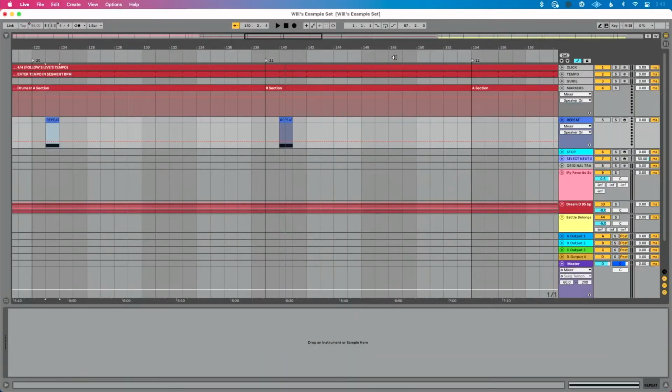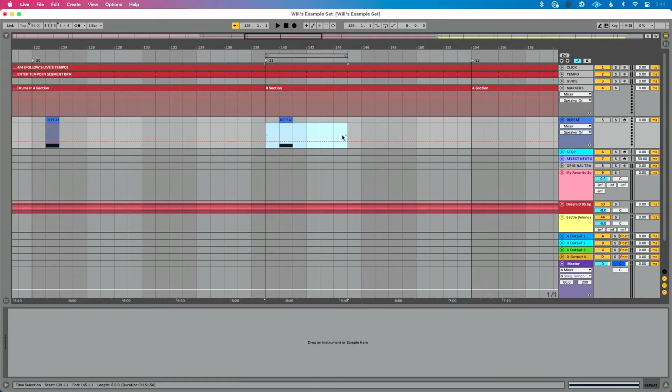You may be watching this and going, but Will, why did you not just, like, you're kind of dumb. You could have just selected this, done Command L, and it would loop, and then Command L to turn that off. That's possible, but what I can't do in Live currently is have multiple loop braces. Okay, and what I did there was just select an amount of time in my grid there, something like this. Oops, stop automating that wheel. There we go. And did Command L to turn on my loop brace, which is up here,